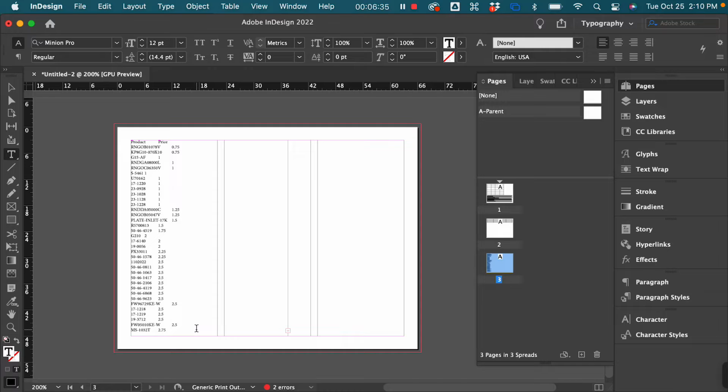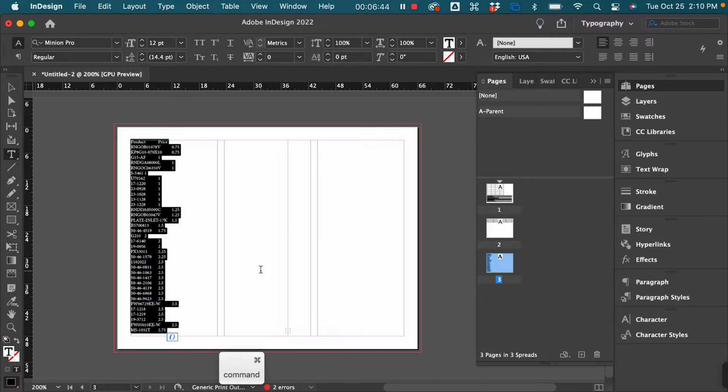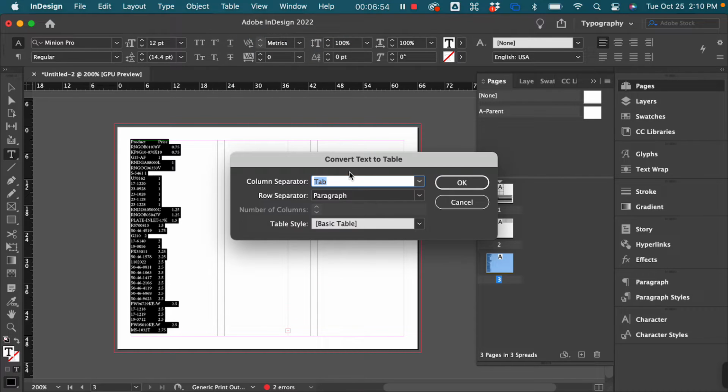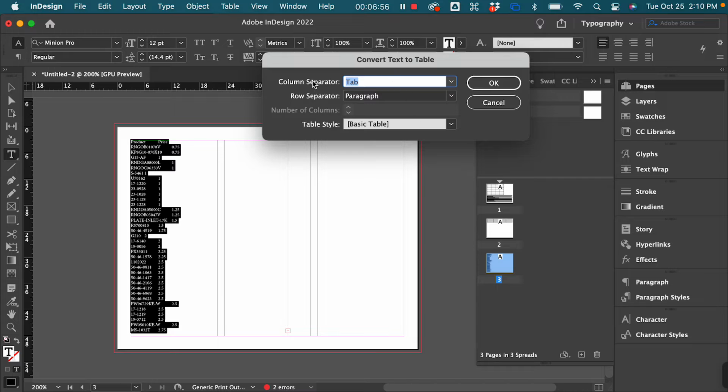So this came out of an Excel doc. Microsoft Word tables work fairly similar, which we'll look at as well. But basically it puts it in as tabbed content. If I just select all of that and I go back up to my table menu, now Convert Text to Table is an option that's highlighted. So if I select that, it gives me a dialog, and I can define what separates a column, a row, that kind of thing. The defaults work for an Excel doc. And when I say OK,